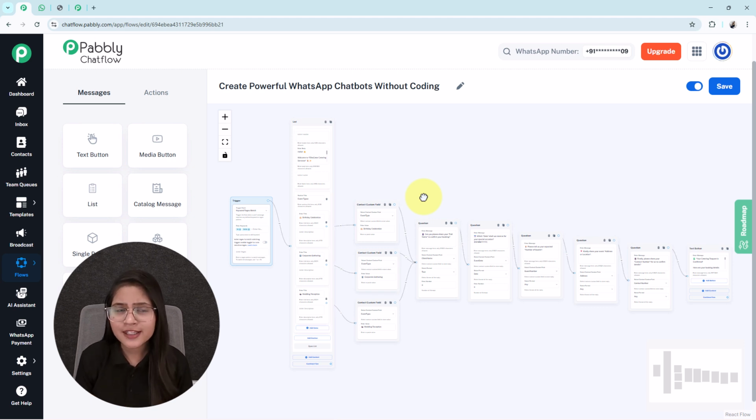Are you running a business and you receive multiple message requests from your users at the same time? Responding and managing all these messages manually can be time consuming and hectic. So to solve this problem, we will automate this entire process by creating a powerful WhatsApp chatbot without coding using